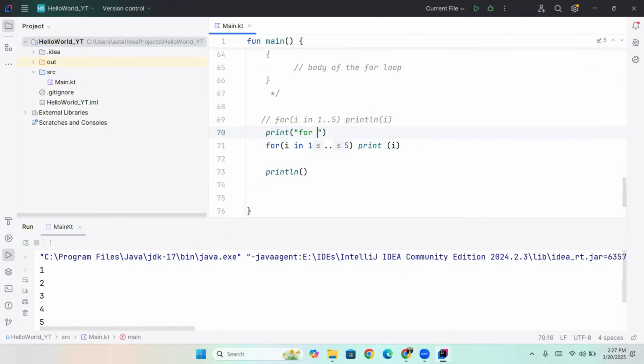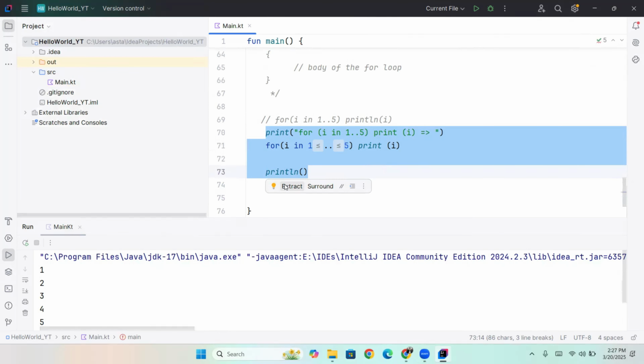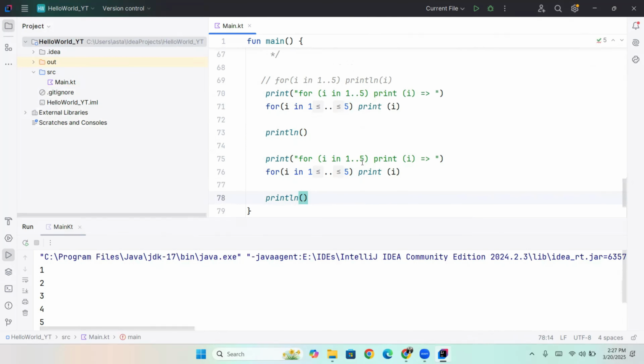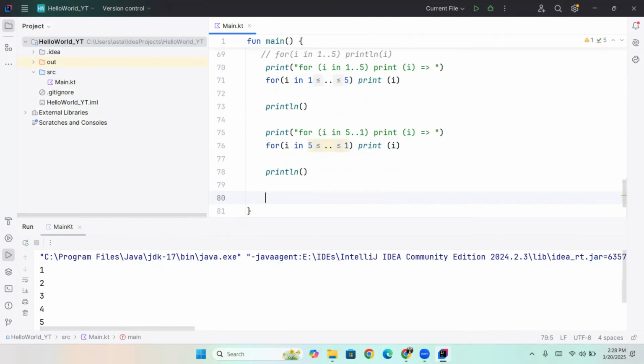Here we will write 4, and let's copy this line. Paste it over here and use this equal to and greater than sign, that will make an arrow, and let's copy these statements and paste it over here, and write it 5 to 1, not 1 to 5. We will write here 5 to 1, and here we will write 5 to 1. Similarly,